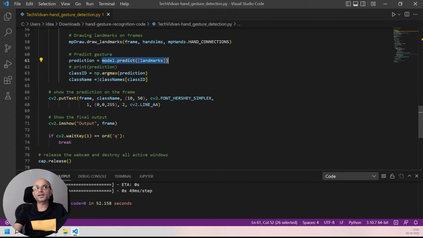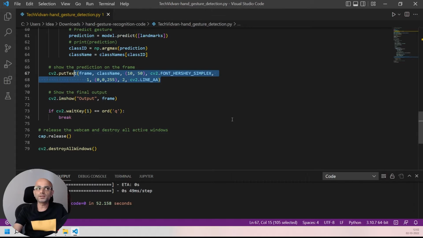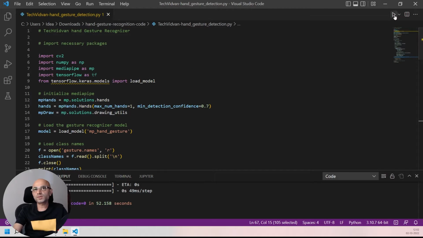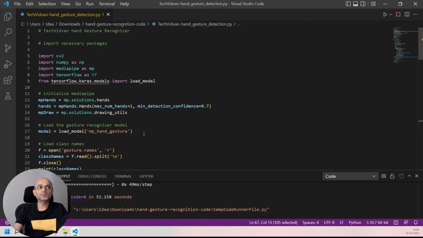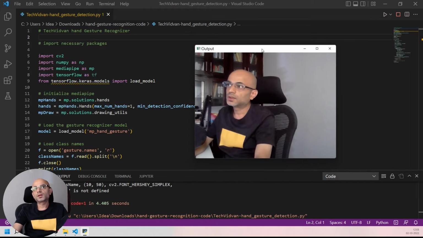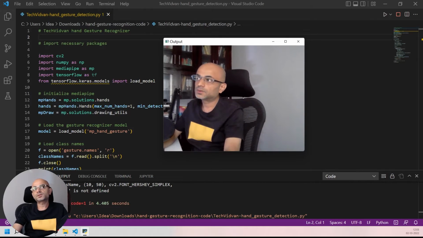And we just get the class names from that file for this location of the prediction, and we write that class name on top of the image. So if we run this, I'm trying to run that Python code. So it has been invoked, and it was trying to capture the image from my webcam.